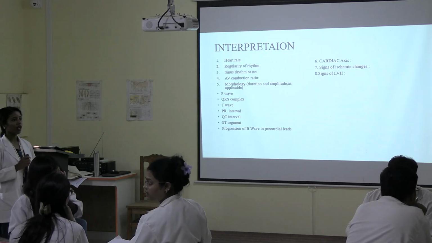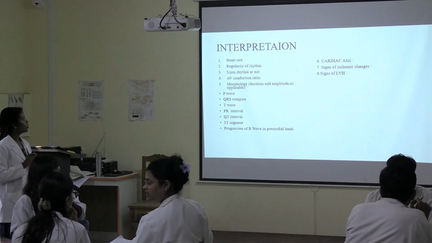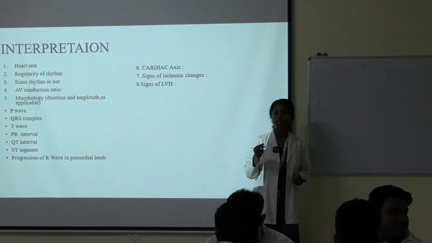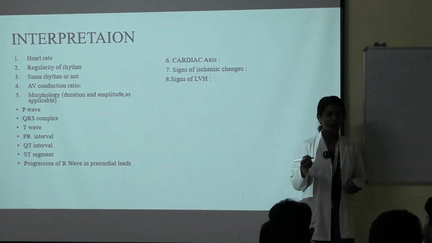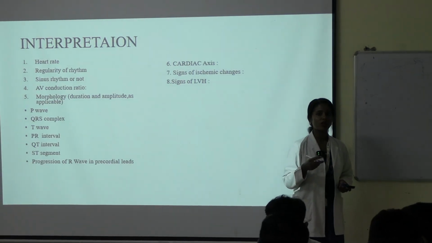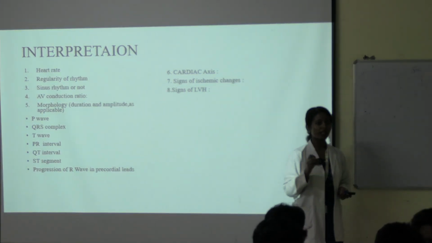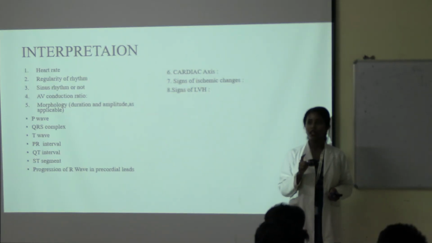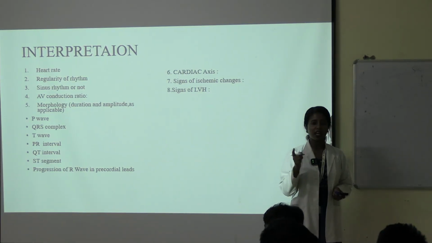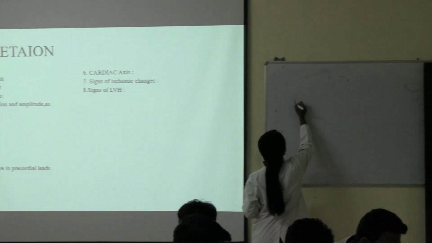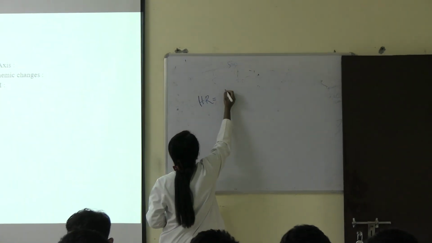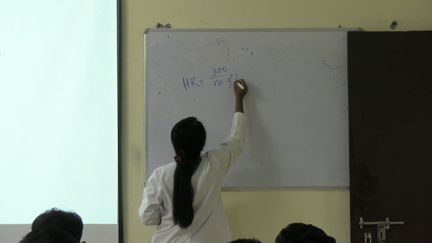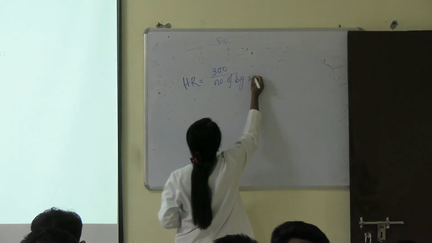First, to start with, the heart rate. The best for recording the heart rate is the rhythm strip or lead 2. You can take any of the leads, but lead 2 or the rhythm strip is best to calculate the heart rate. So you have to first see whether the heart rate is regular or not. If the heart rate is regular, the formula is 300 divided by the number of large or big squares. Okay,